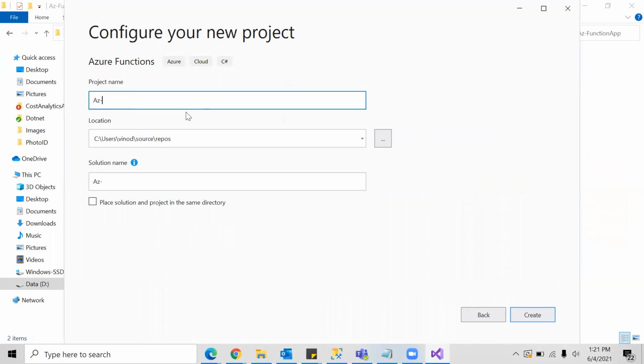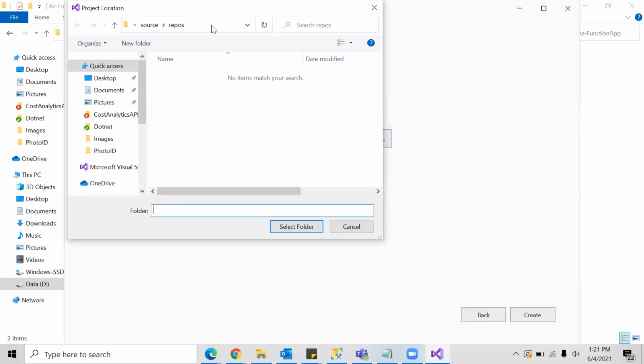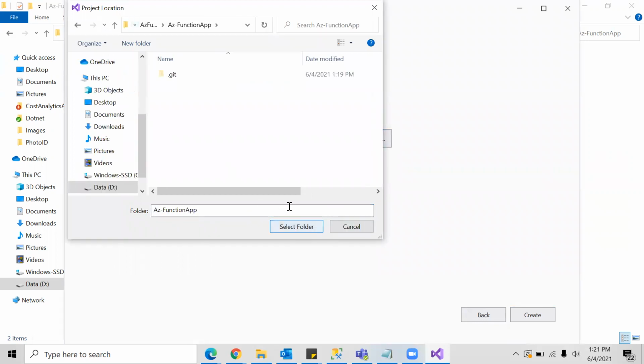So I will give for now Azure 400 function app, and the location will be the location that I selected for my Git, where I have cloned the git.